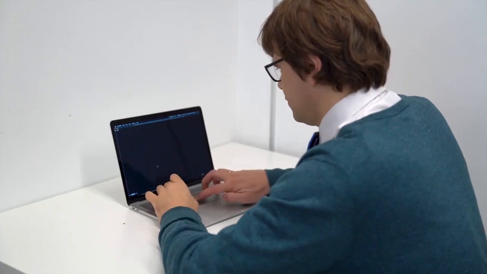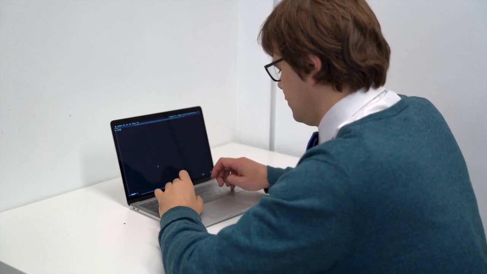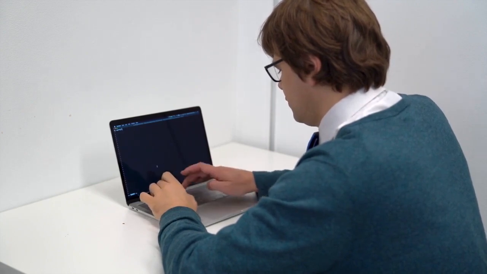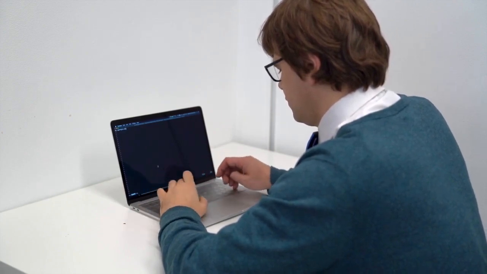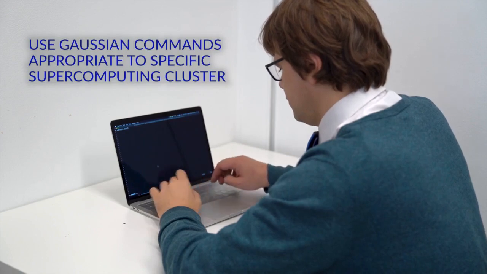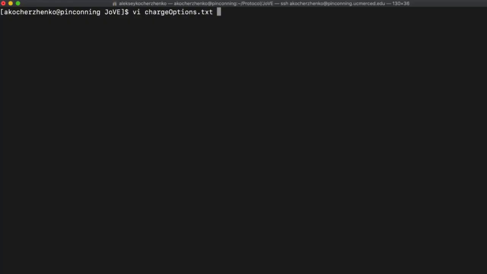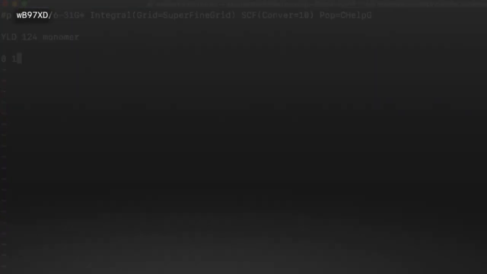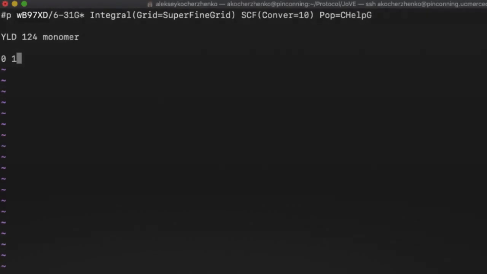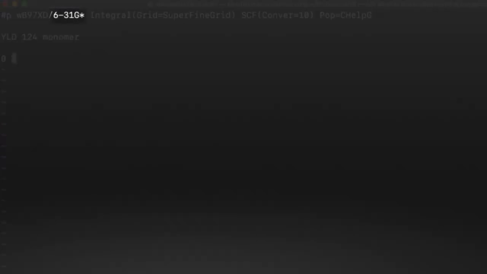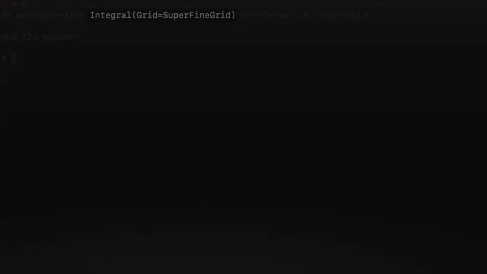To generate ground state point charges for atoms in individual molecules, set up a plain text file called chargeoptions.txt with the options for Gaussian density functional theory calculation of the atomic point charges in the ground state of an electrically neutral molecule. To obtain a reasonably accurate charge distribution for transitions with charge transfer character, use a long-range corrected density functional, a sufficiently large basis set that includes at least diffuse and polarization functions on non-hydrogen atoms, a superfine integration grid,